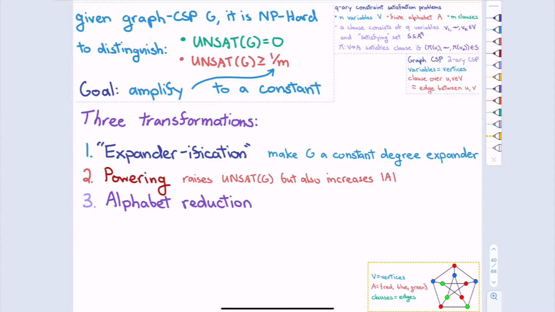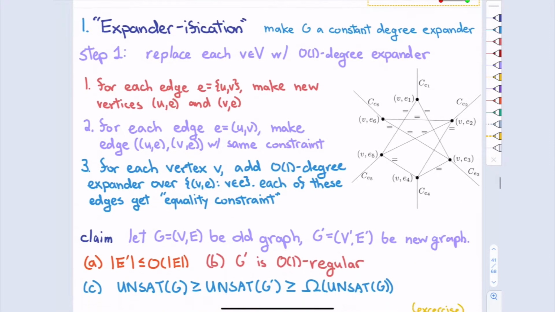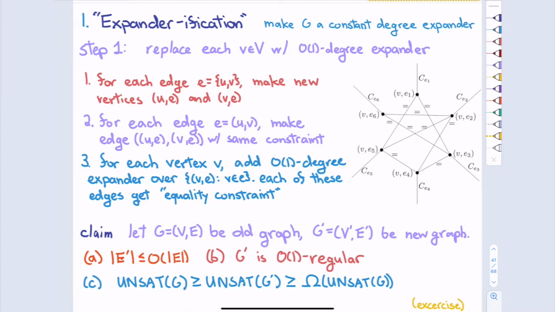Okay. All right, so then basically 1 over m becomes equivalent to whatever constant we end up with, because you can just layer and build up and build up and build up until you reach some threshold. Okay. All right, so we did the first step and we introduced the second step. The first step is a pre-processing step where we just make G a constant degree expander. I actually only presented half of this last time, and that's why I was slightly confused.